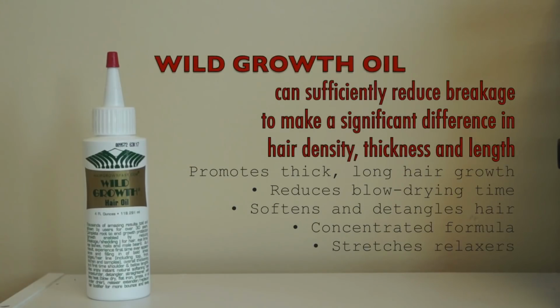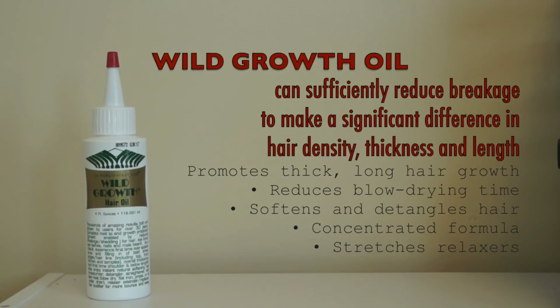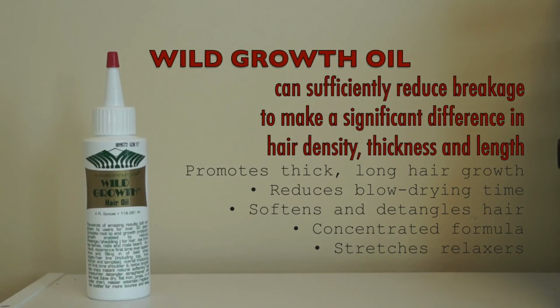So then we're going to use wild growth oil, and I am pretty sure you guys all know what wild growth oil is at this point. Everybody and their mama has been using it. I am also a big fan, so I figured it would only be right to add it into this oil. It is used to significantly reduce breakage, to make a significant difference in hair density, thickness, and length. It promotes thick, long hair growth, reduces blow drying time, softens and detangles hair, and it says that it stretches relaxer. I don't have a relaxer, so that's not my problem, but I'm hoping to get all the other benefits